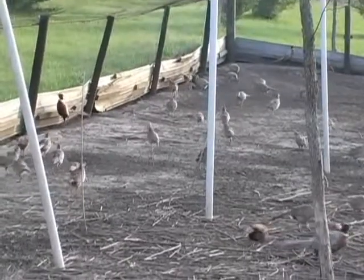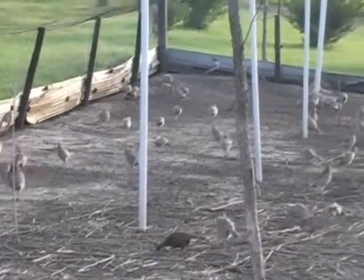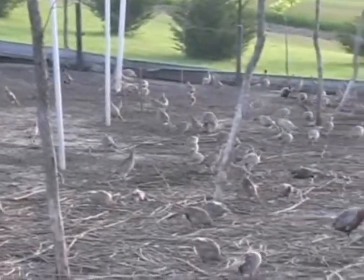There's probably 160 roughly in here, and then there's probably 10 roosters. Rule of thumb is